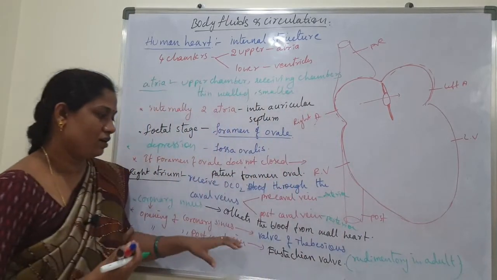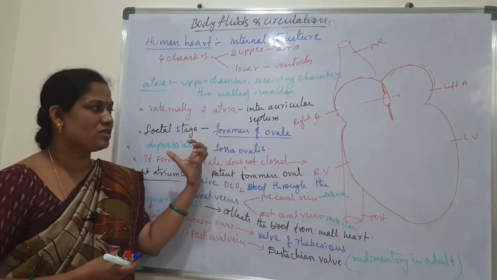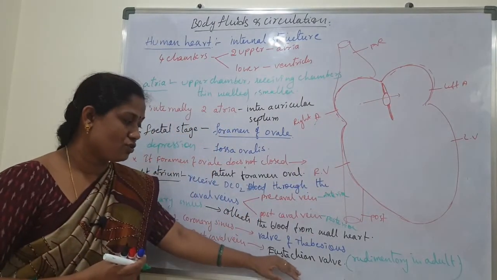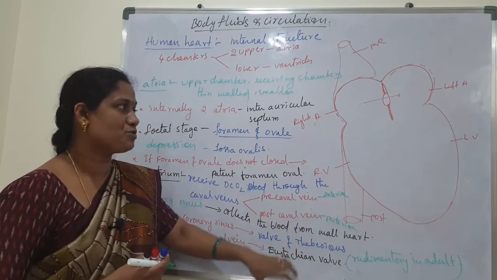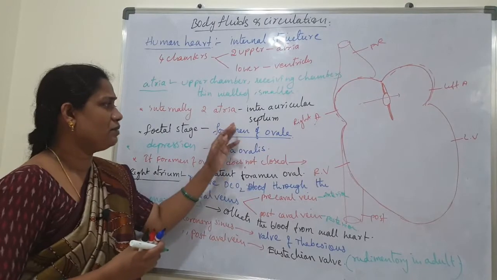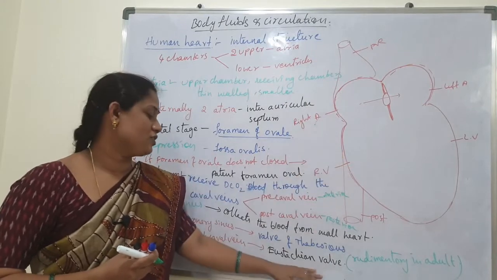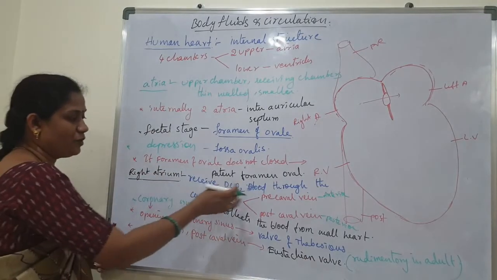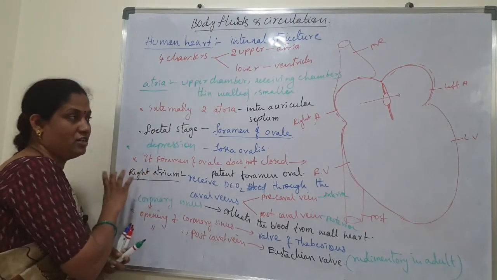Because normally in fetal stage, what will happen? Foramen ovale is there, which means there is a connection between the right atrium and left atrium. So in fetal stage, this Eustachian valve was working. It helps the movement of blood from the right side to the left side. But in the adult, it is completely closed, so no need to move blood. The complete separation is formed. That's why in adult the Eustachian valve is not working. Next, the opening of the precaval vein does not have any valve. Okay, so this is about the right atrium.